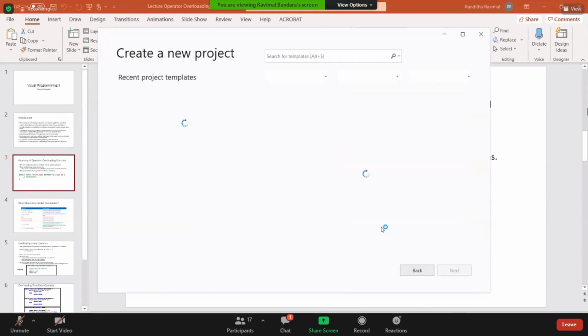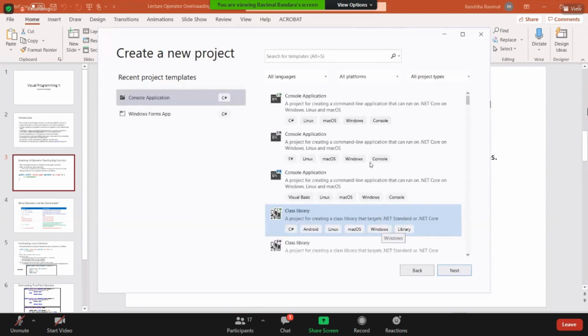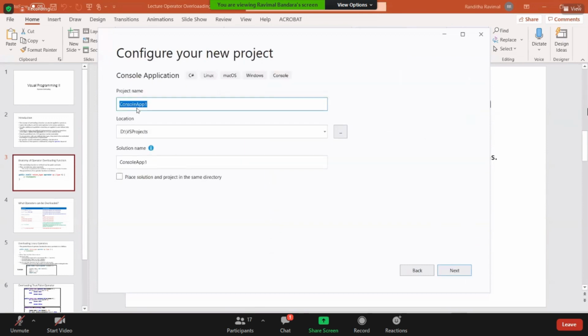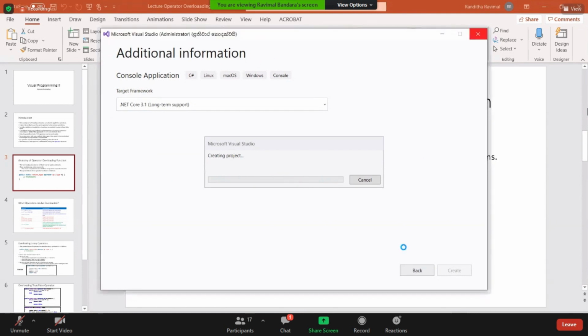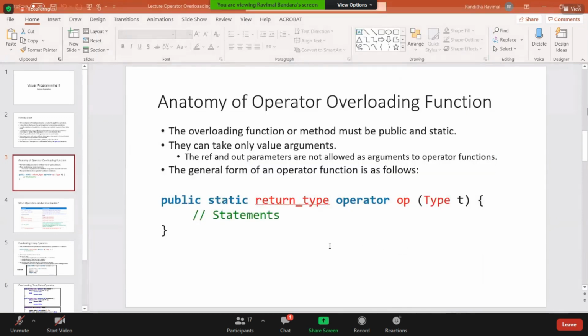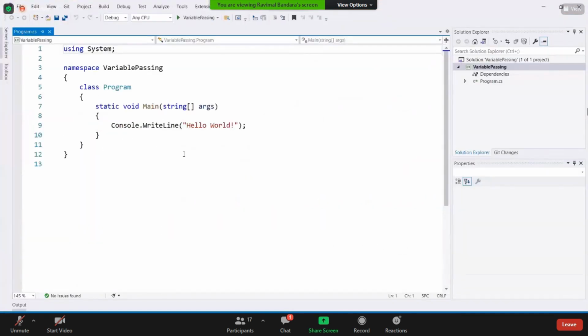I'll create a new project. It's a console application. We'll use variable passing and like this. Here we get a method.